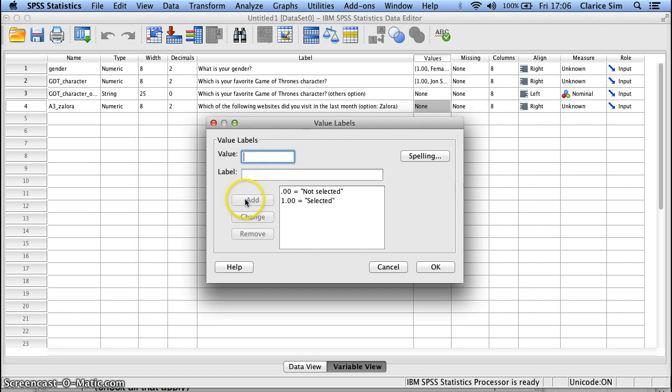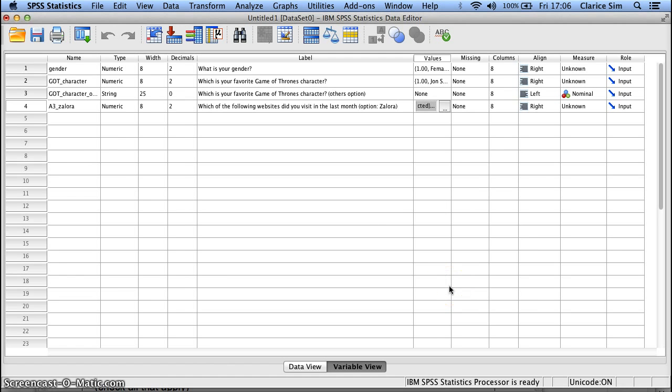So basically this indicates that if the variable is not selected, then I put 0. If the person has visited Zalora, then I put 1. If the person has not visited Zalora, then I put 0. I would suggest keeping to 0 and 1 for this because it's more intuitive. You can understand 0 as never being visited before or never having had something before, and 1 as having selected before. So the next one will be for ACES,